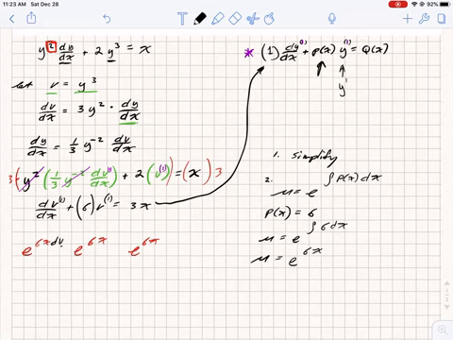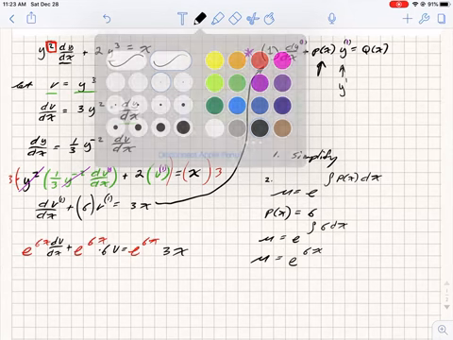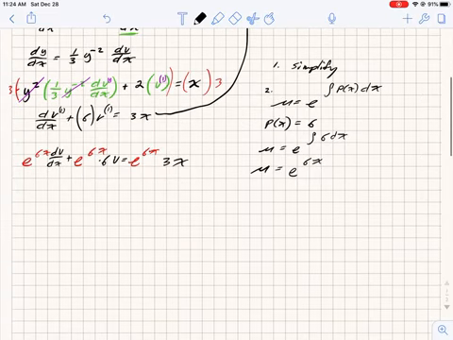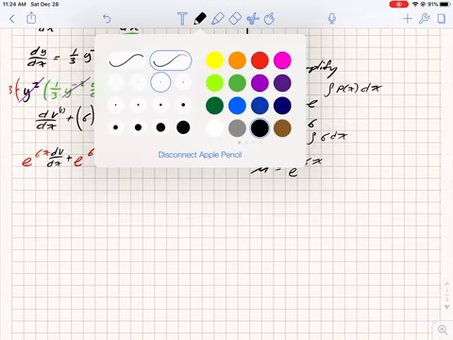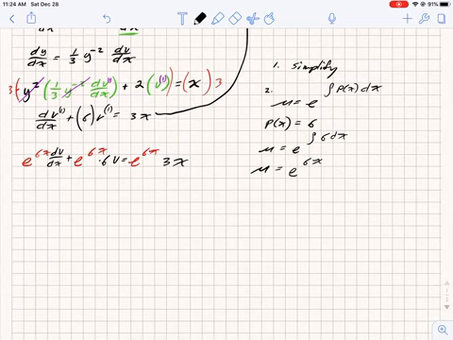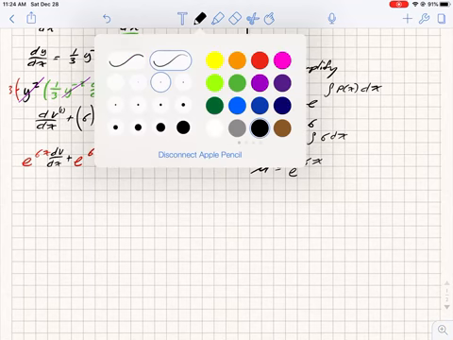So this is dv over dx plus 6v is equal to, and then we have a 3x here. Take a second to process. Now, remember in our last video when we multiply by some function,